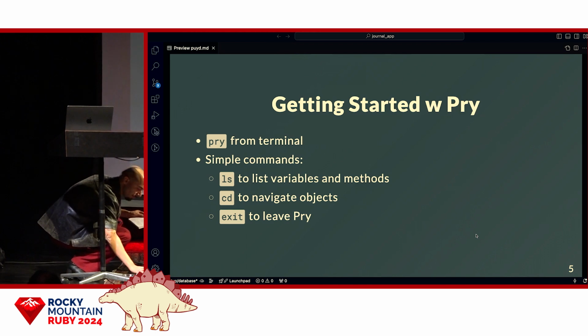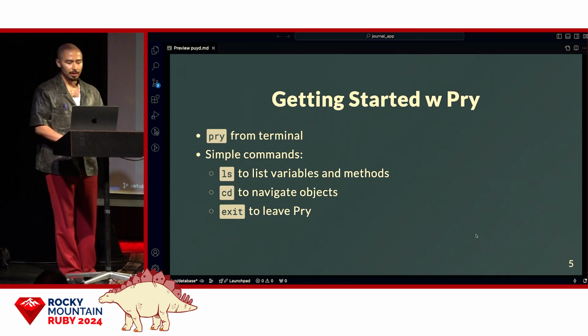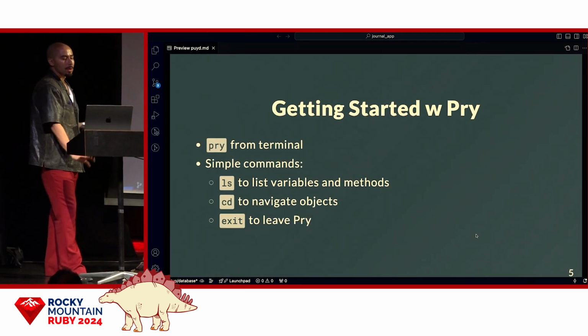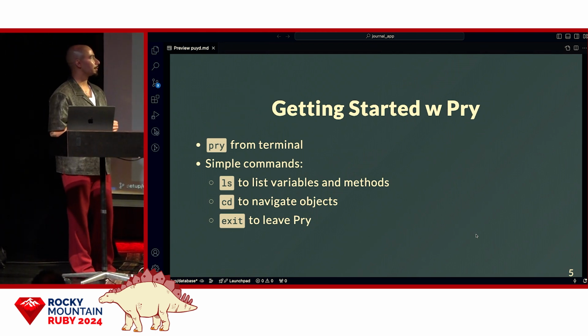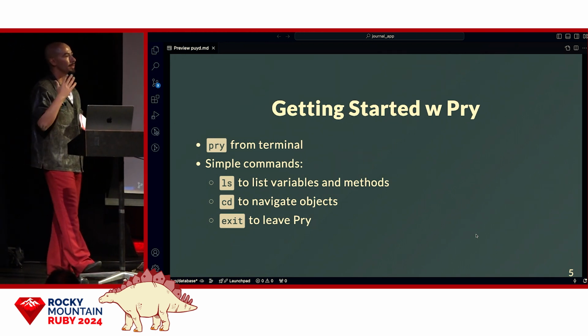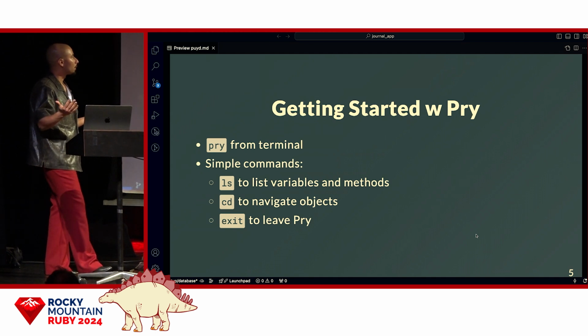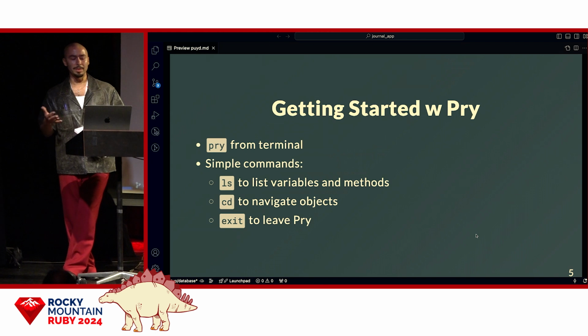So, getting started with pry, there are really three main gems that I use when I use pry. It's something that I didn't realize I use all together until I started doing the research for this presentation. So generally when you just do your gem install pry, what that does is it gives you